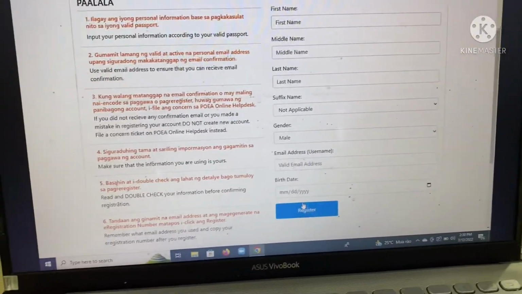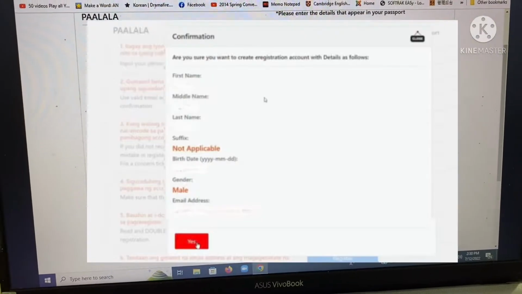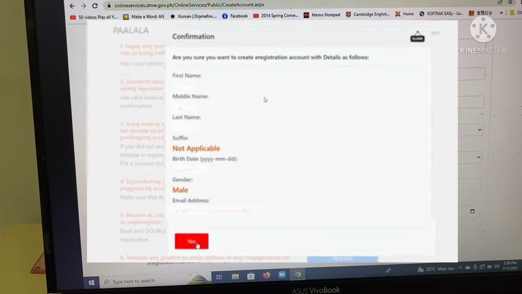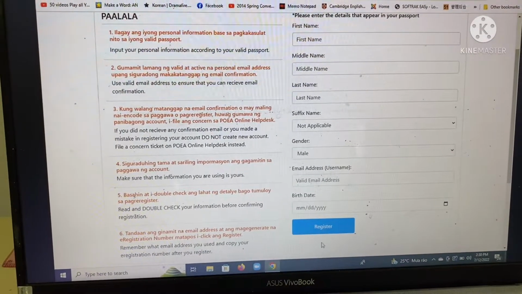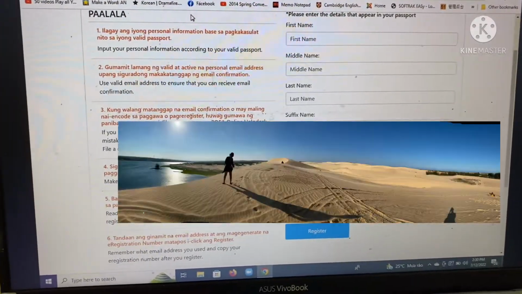After you click this, click yes for confirmation, and then just wait because they will give you the temporary password, so you can check your email.